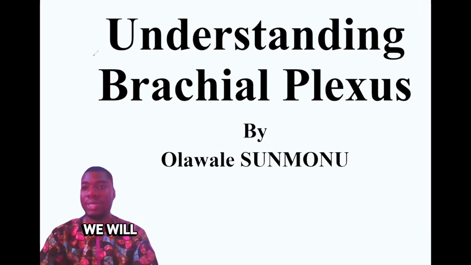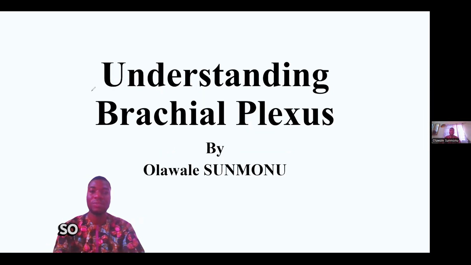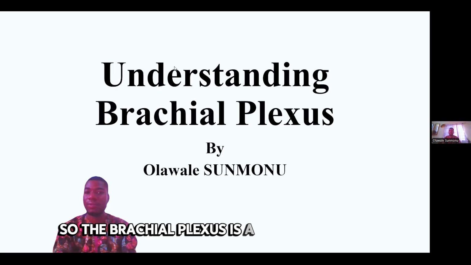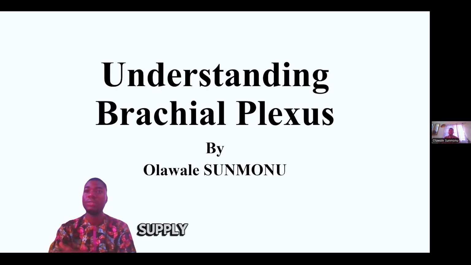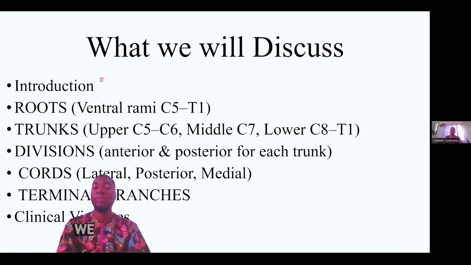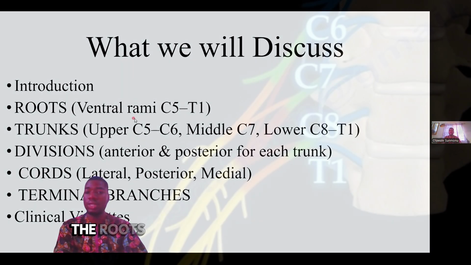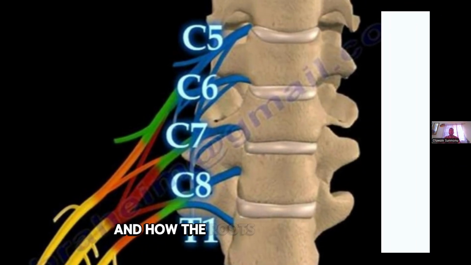So in this video, we will be discussing the brachial plexus. The brachial plexus is a series of nerves that supply electrical impulses and innervation to the upper limb. We will explain what brachial plexus means, the roots that make up the brachial plexus, then how the roots form